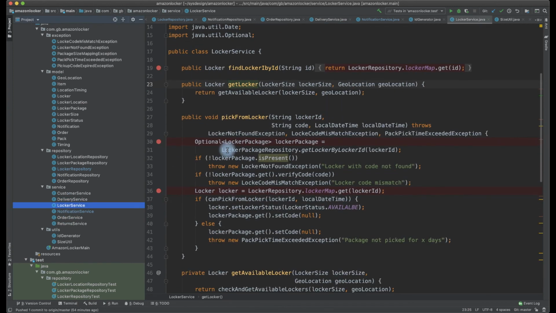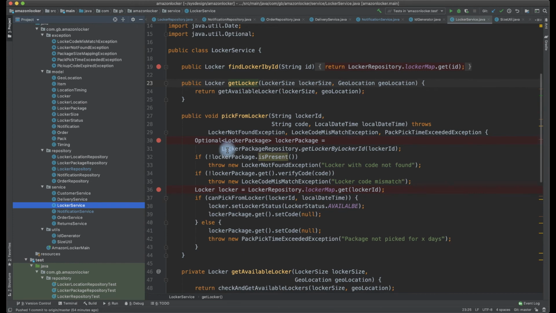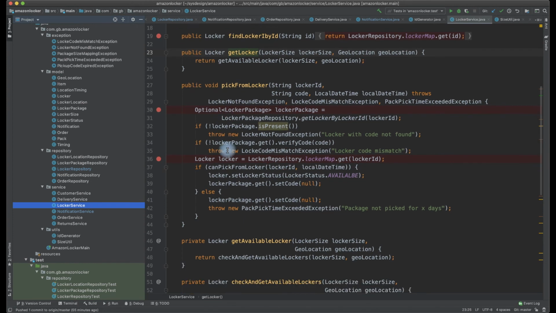Locker service will have a method called get locker, which we looked into during the delivery service. The next thing we have to look into is pick from locker. This is the method that we need to look into. What we need to do is, when a customer gets the notification, they go and say that they want to pick the item from the locker.